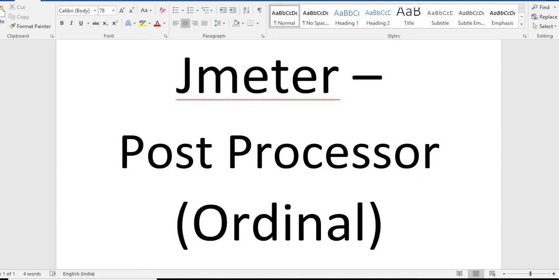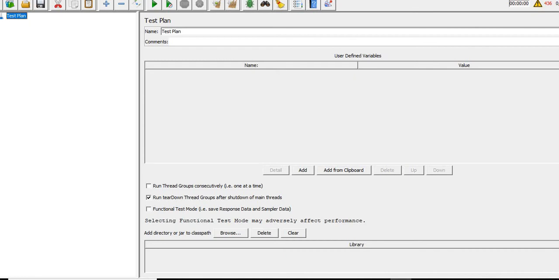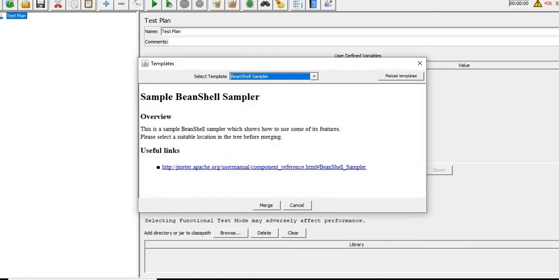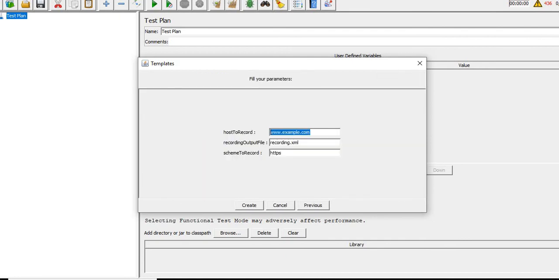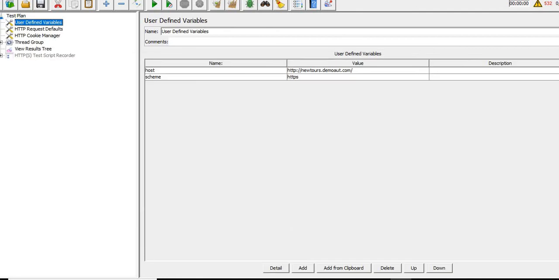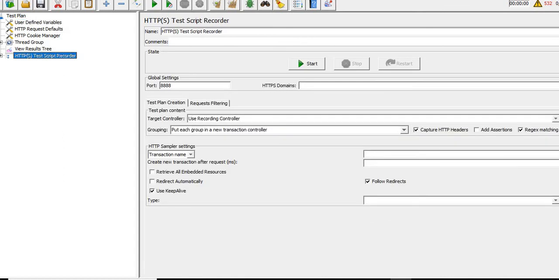Okay, so first of all I'll open JMeter and start a recording template. First I'll load it. Loading a template. It is asking for the website, so I'm giving it over here. Okay, create. While starting the recording I need to go for the port setting.